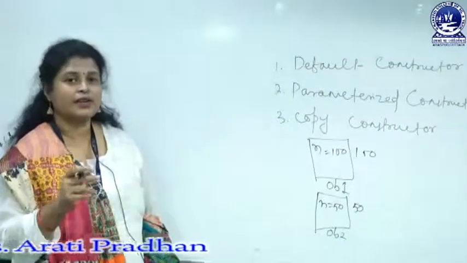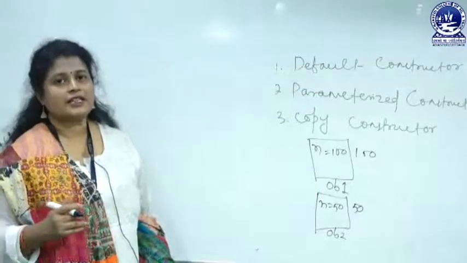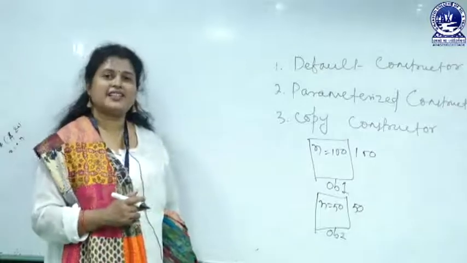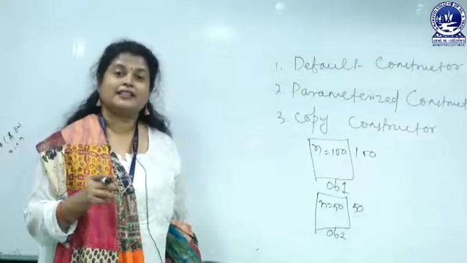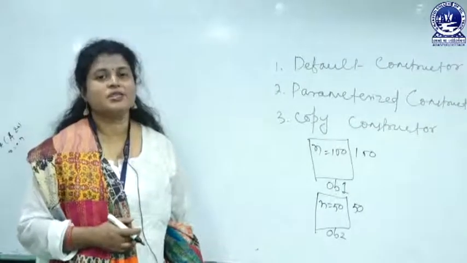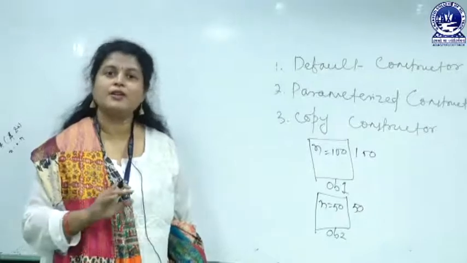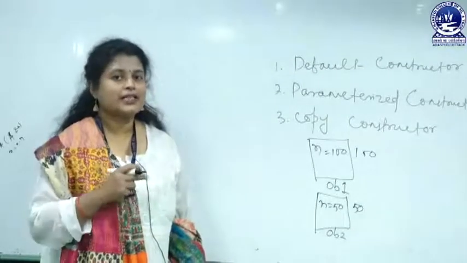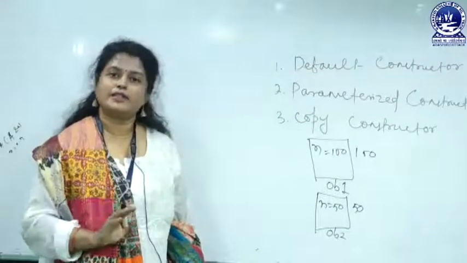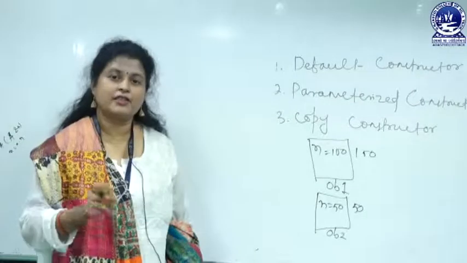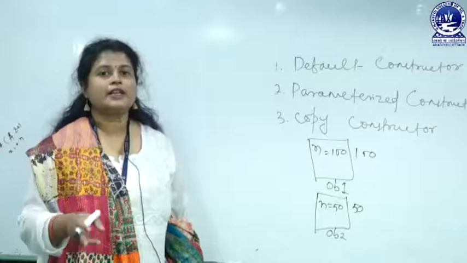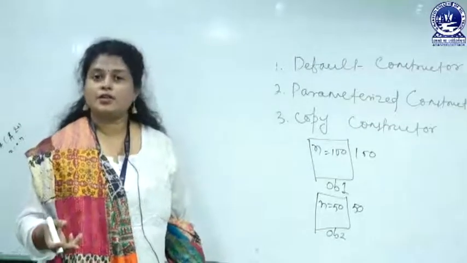Already I have explained all the different types of passing arguments in the previous class. But in case of a copy constructor, it is restricted that the object will be passed as a reference. It means that here we will use call by reference, not call by value, not call by address. But in a parameterized constructor, you may use call by value, call by address, or call by reference, no problem. In a copy constructor, you have to pass an object as an argument, and the second restriction is that you will use call by reference.